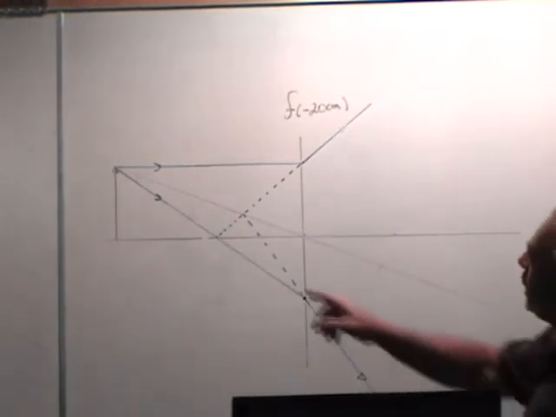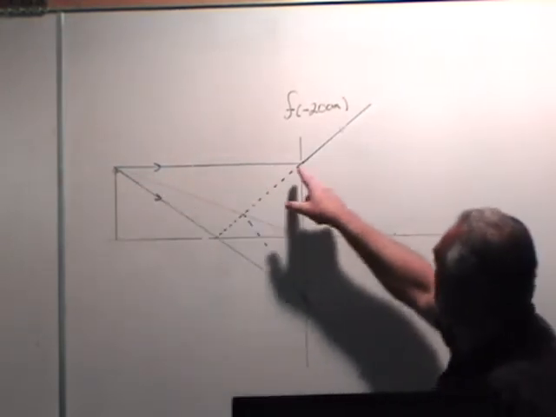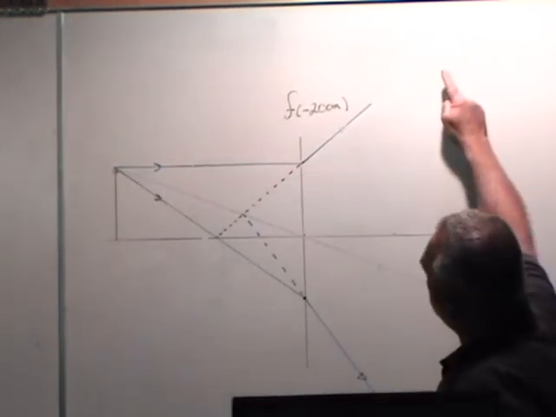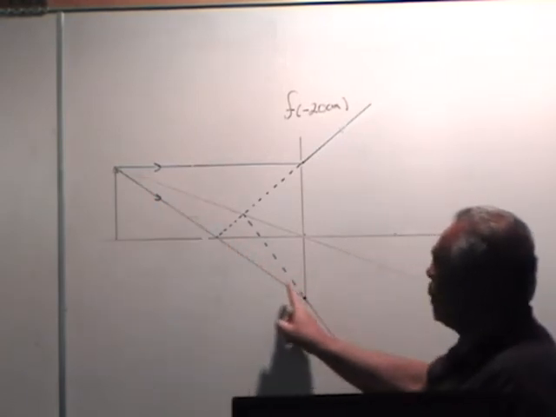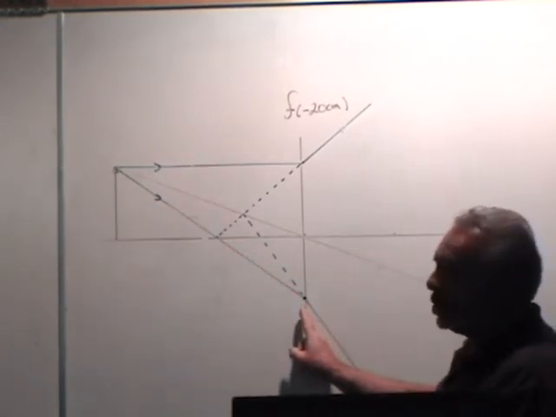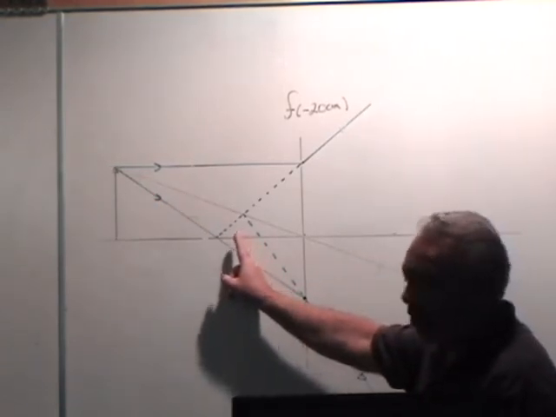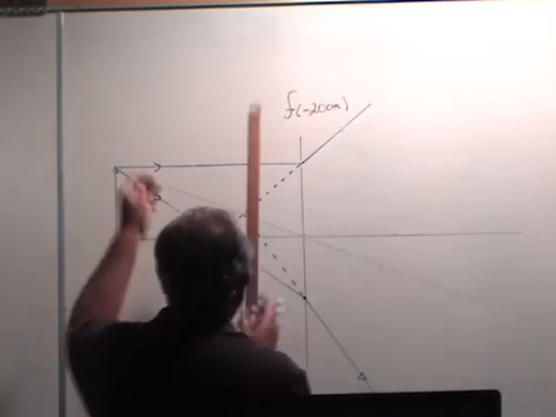So don't be fooled, just because we have paraxial diverging from the focal point. If it goes through the focal point, you don't know what's going on yet. After that, you don't know what's going on until you have actually found the image. Here is the image.